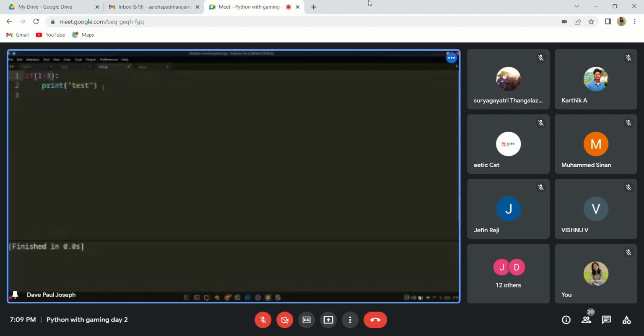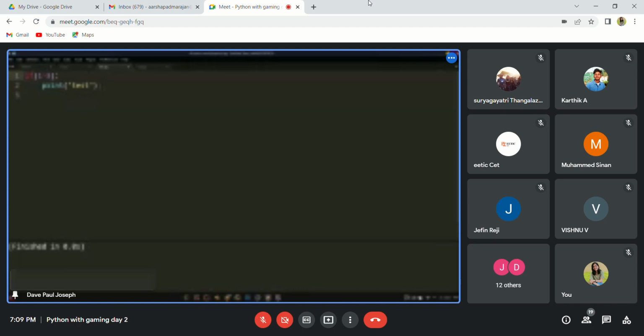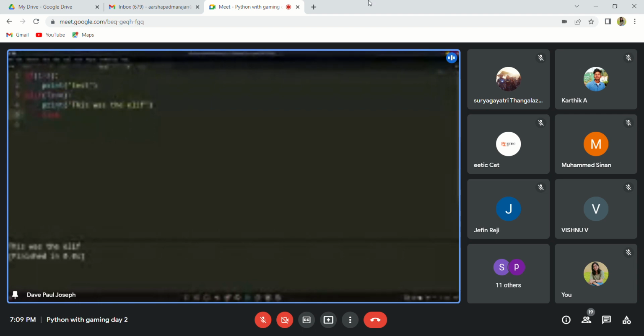Now all of us have done C, so it shouldn't be hard. What's different is the elif for the next one, and let's say print this was the elif. Just call it else if if you want to, but it is the elif. So we can always go with an else in this